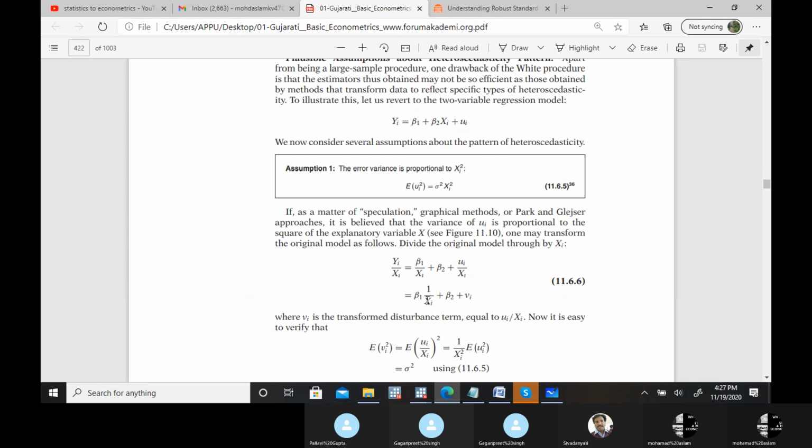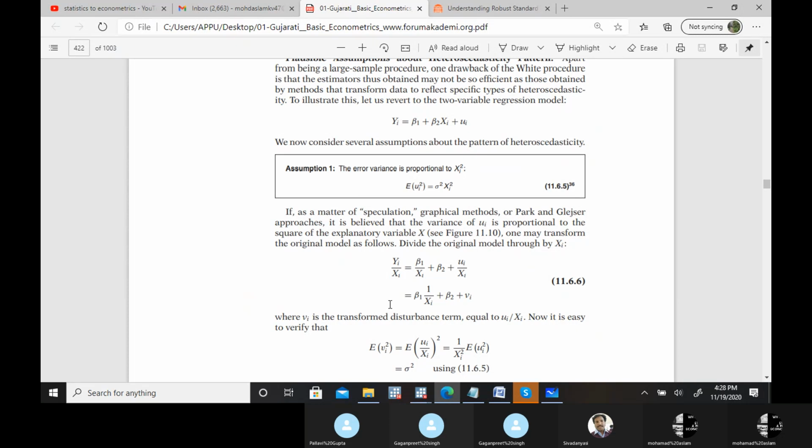So theoretically think about it. Is there some variable which we call one by education, the reciprocal of education, or some variable which we call wage by education? Does that make some theoretical sense? If not, then you have to think about it. Can you apply that remedy? From my side, the answer is no, because your final regression is not allowing you to explain that theoretically. What will be the interpretation for that? That won't make any sense, right?